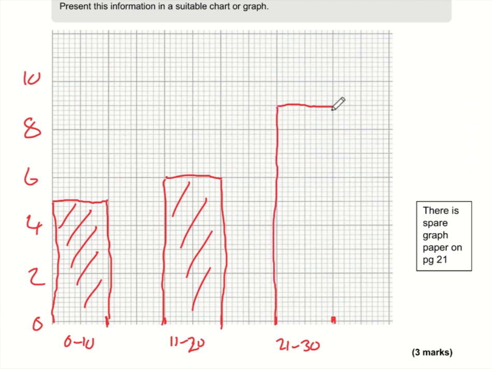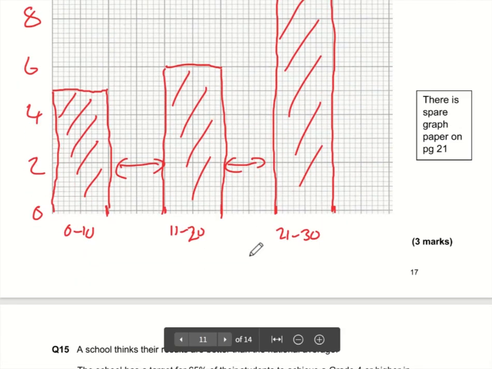Okay, so just a couple of things to be mindful of. The bars need to be the same width, and if you're leaving a space in between them, which you might as well do because there's plenty of space, make sure that the width between the bars is equal as well. And we are done. No, we're not quite done. We need to label